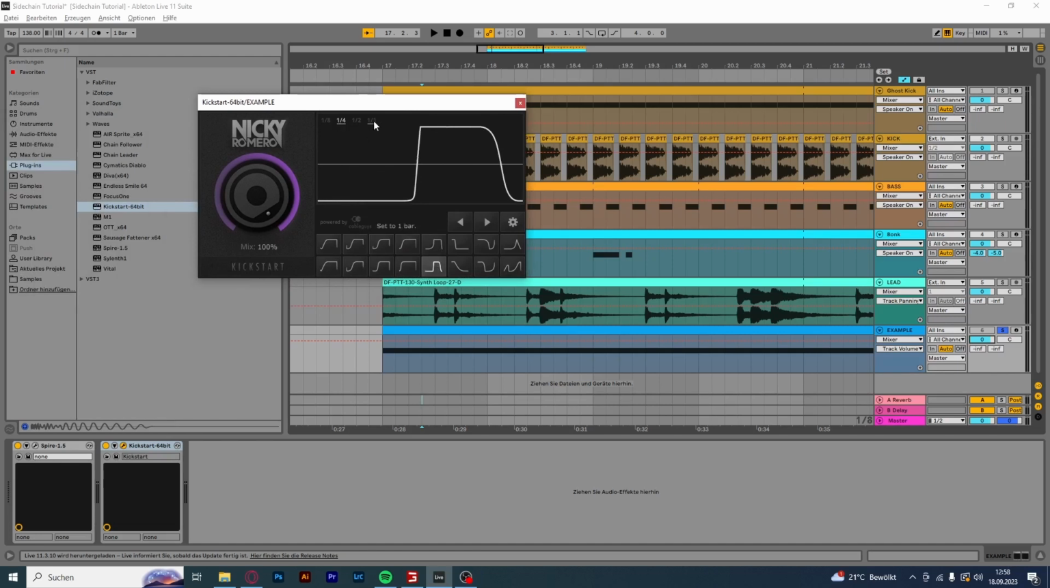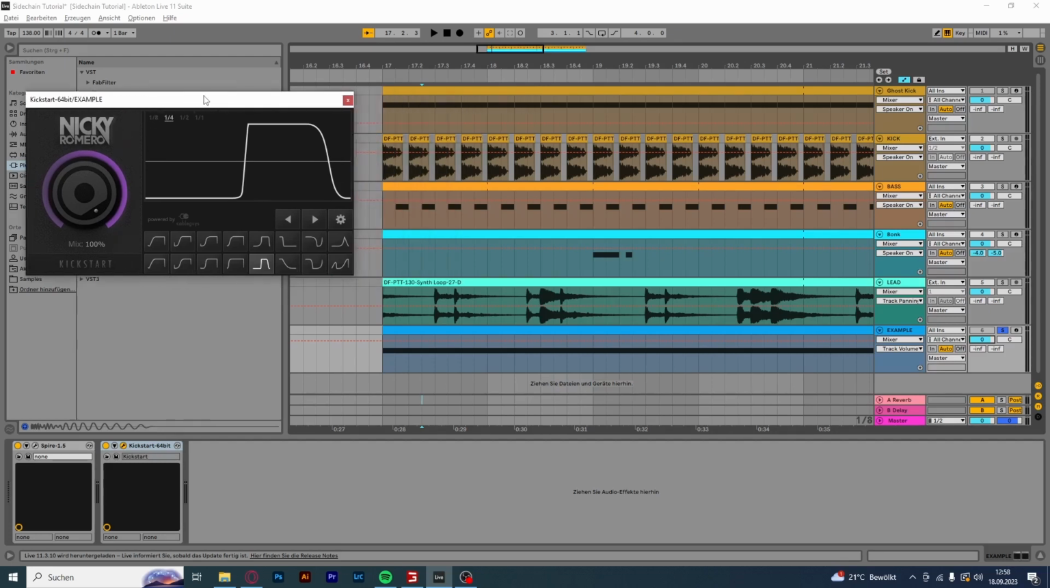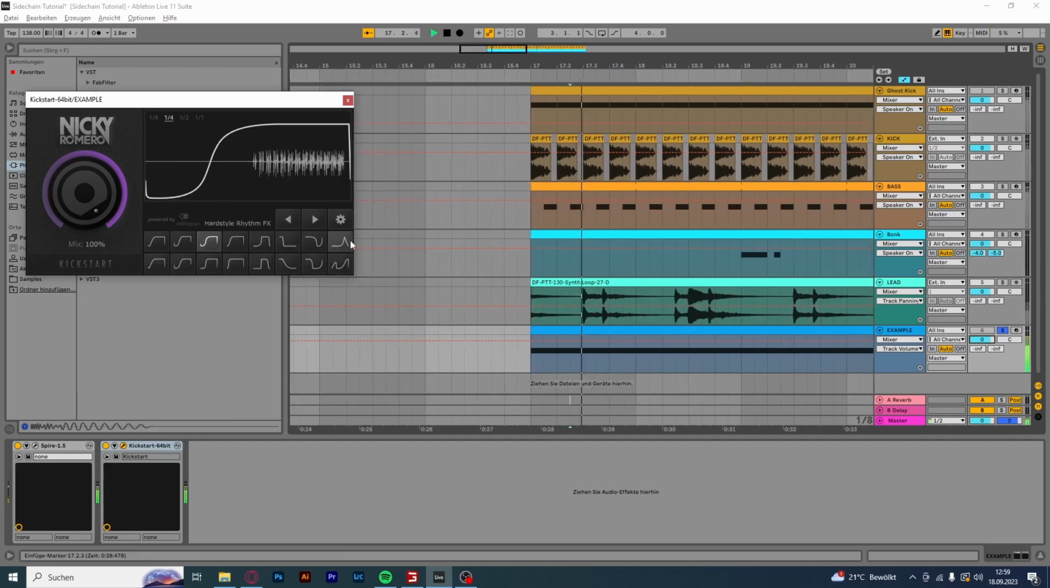And up top you have those different modes: 1 bar, a half, a quarter, and an eighth. So we have the 4 to the floor beat. Every single beat is a kick drum, and then you have it to the 1 quarter note. Yeah, basically it is the same thing. If we listen to it,